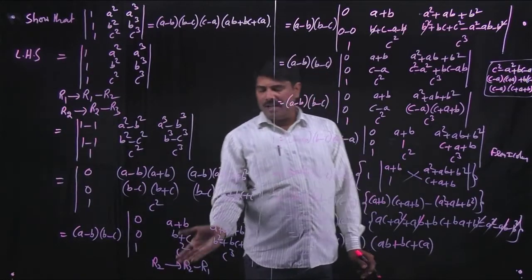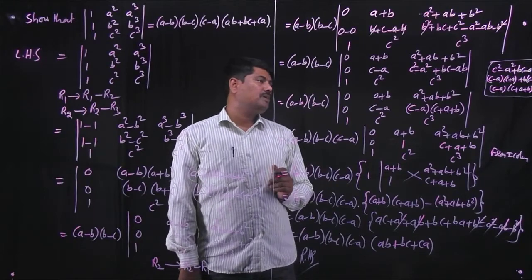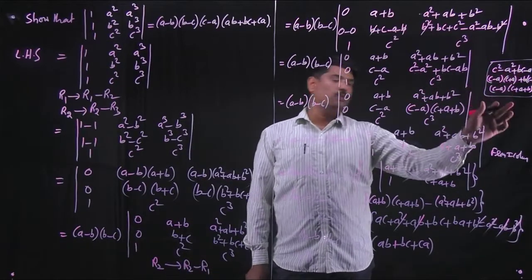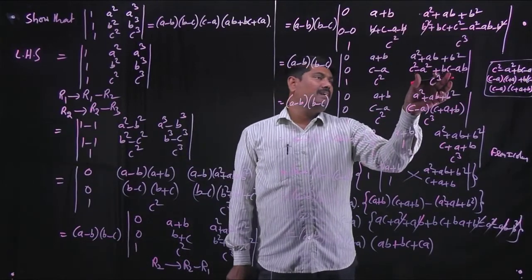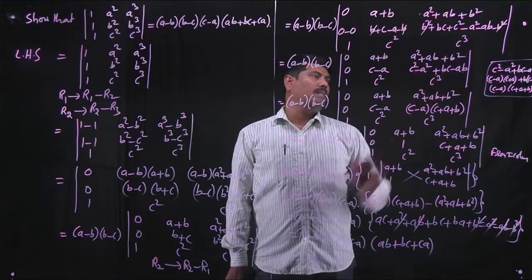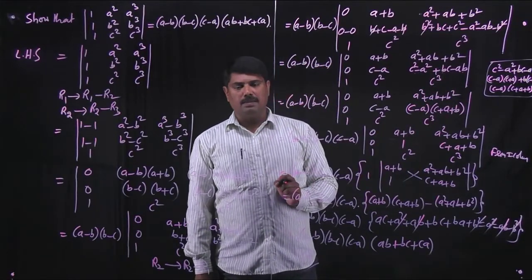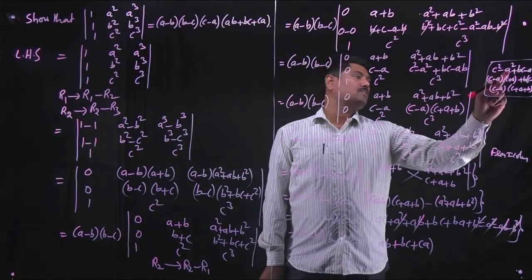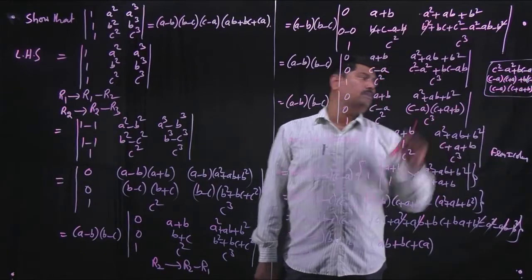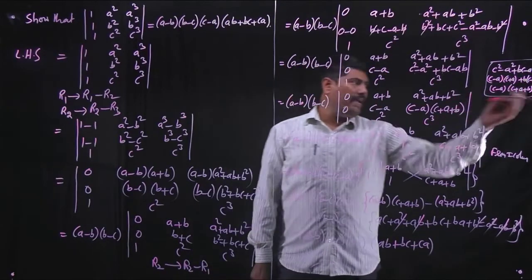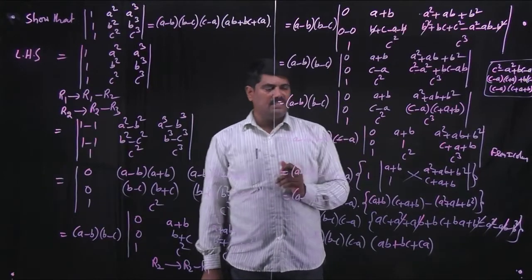Later, by doing another application, taking c minus a as a factor in the second stage. Here this calculation is very crucial. When you are practicing this one, you may get stuck here: how c square minus a square plus bc minus ab is written as c minus a into c plus a plus b. C square minus a square is c minus a into c plus a. Bc minus ab, separating b, you will get c minus a. So again separating c minus a, you will get that one. Later c minus a is separated.